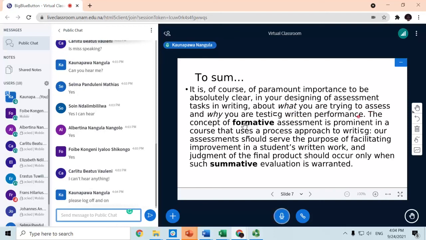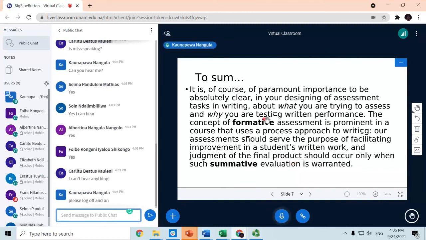So the concept of formative assessment is prominent in a course that uses the process approach to writing, and our assessment should serve the purpose of facilitating improvement in students' and learners' written work, and judgment of the final product should occur only when such summative evaluation is warranted. So that is to say,